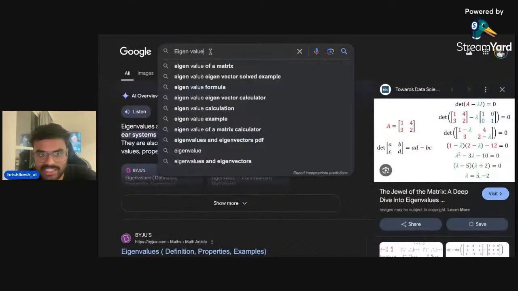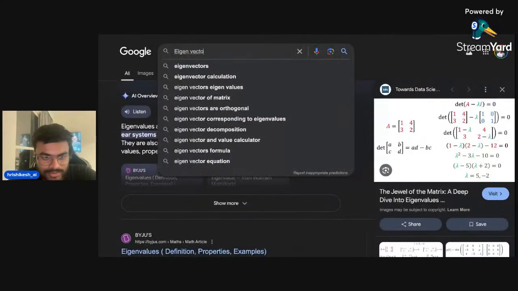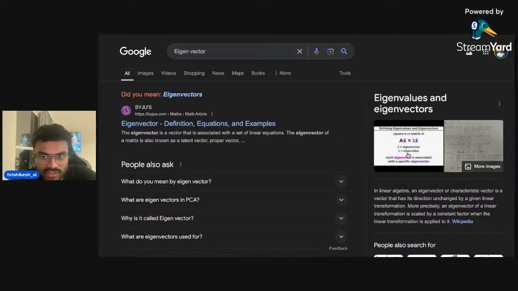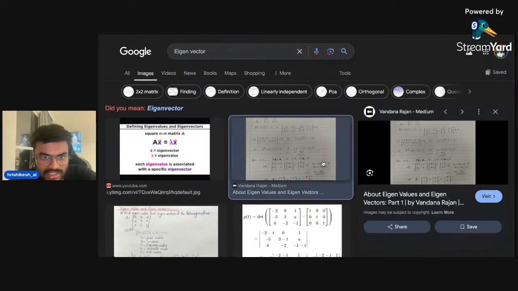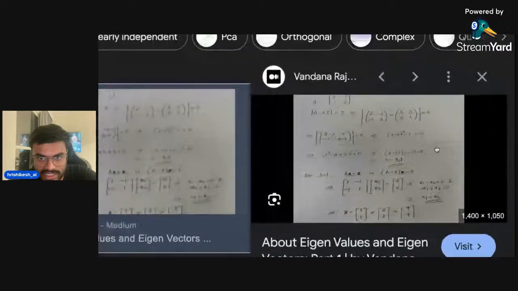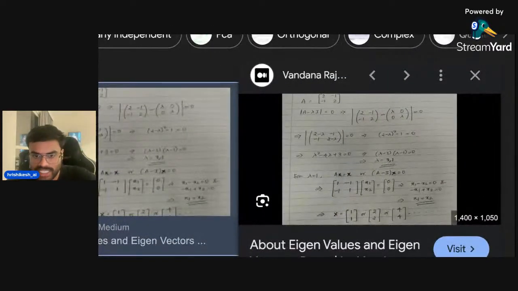Now if we look at the eigenvector, for the eigenvector we have Ax equals lambda x. In the previous step we got lambda, right? In the same way here, we got lambda as 3 and 1. Now the next step is Ax equals